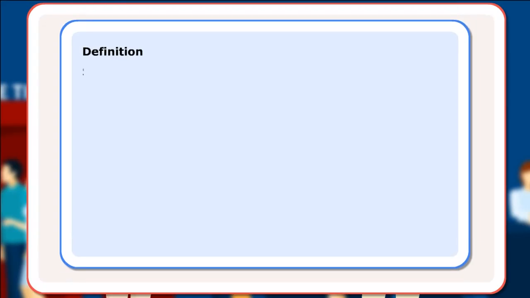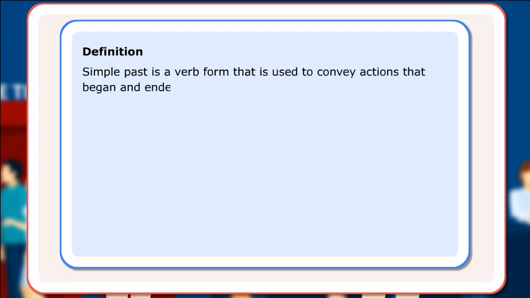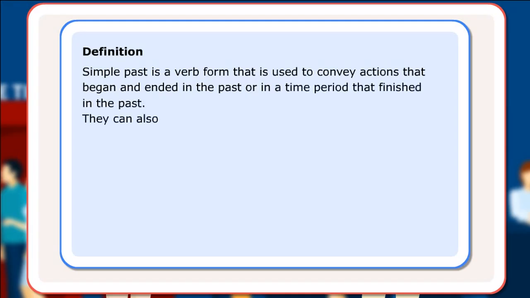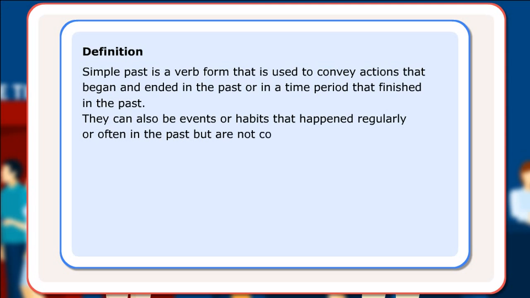Definition. Simple past is a verb form that is used to convey actions that began and ended in the past or in a time period that finished in the past. They can also be events or habits that happened regularly or often in the past but are not continuing till this moment. The format of